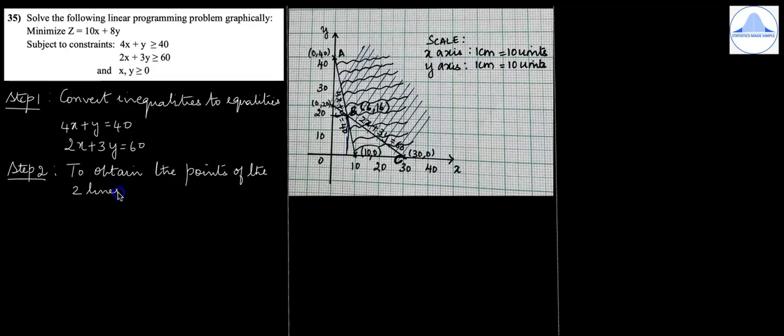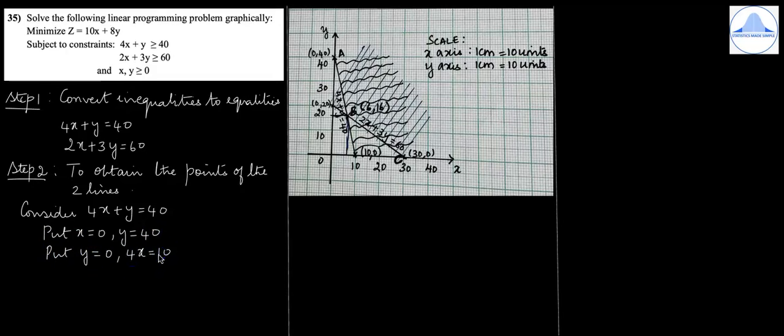So you start with the first equation. Consider 4x plus y is equal to 40. First you put x equal to 0, so you'll get y is equal to 40. Second, you put y equal to 0, so you'll get 4x is equal to 40, which implies x is equal to 40 divided by 4, which is equal to 10. Therefore 0, 40 and 10, 0 are the 2 points